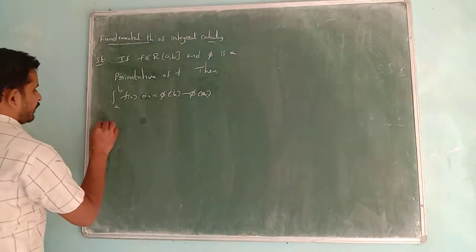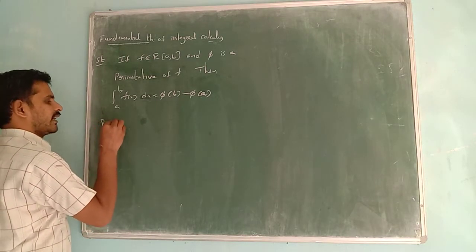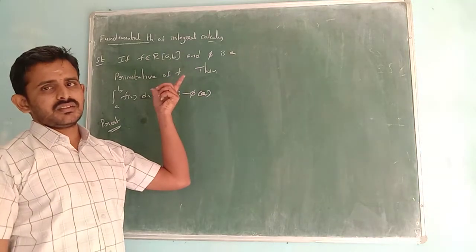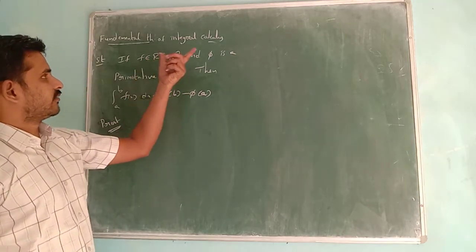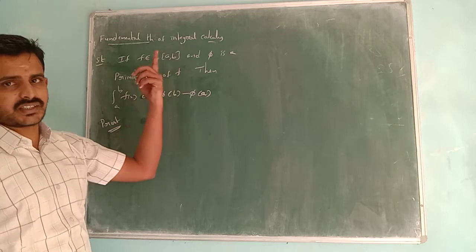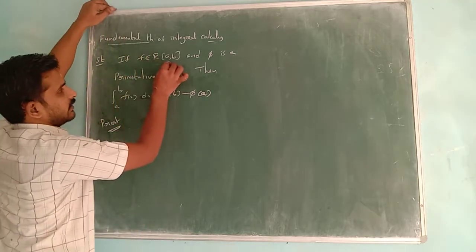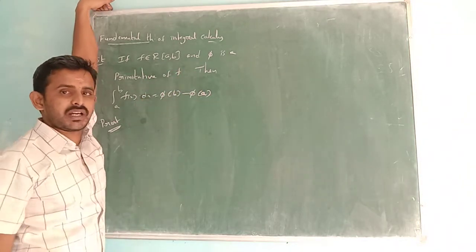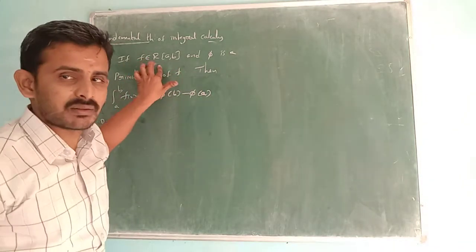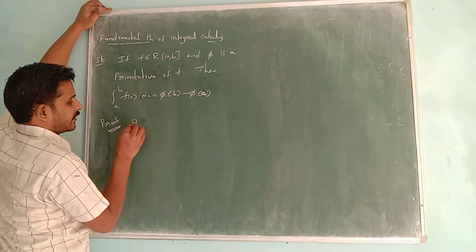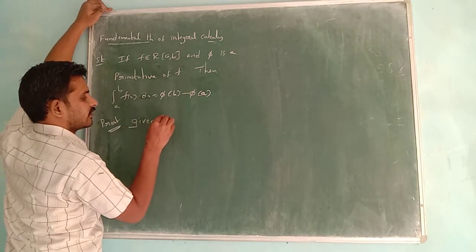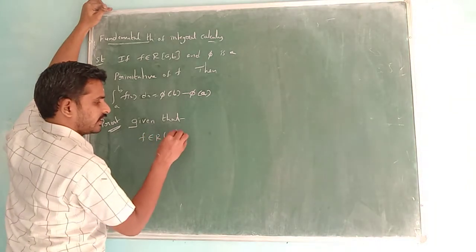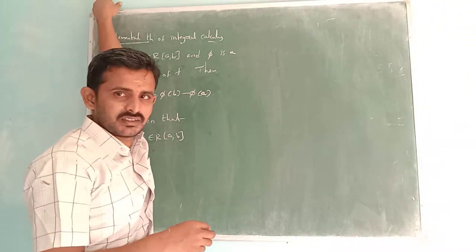In any theorem proof, first we have to write what is given. For everything we have to write definitions. First, what is given: f is Riemann integrable on closed [a, b]. So first we have to write the definition of Riemann integrability. Given that f is Riemann integrable on closed [a, b], so by the definition,